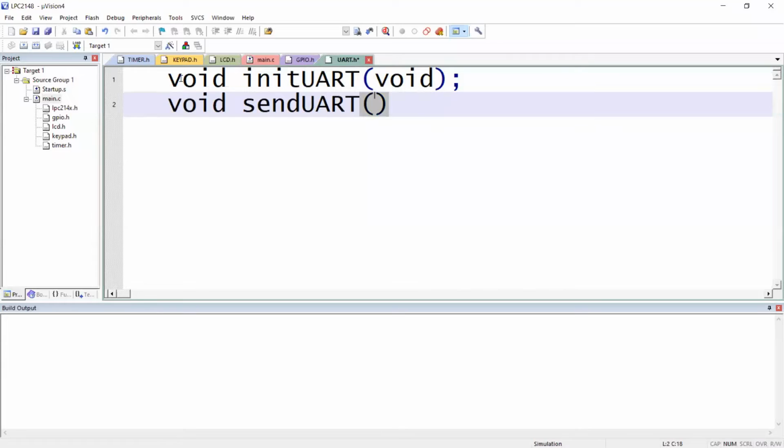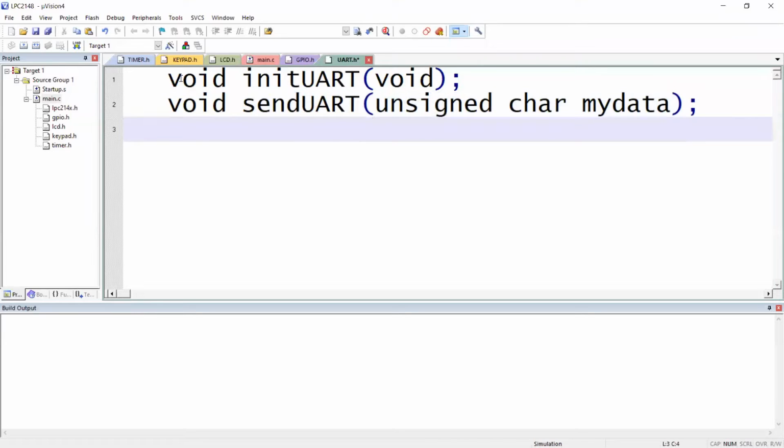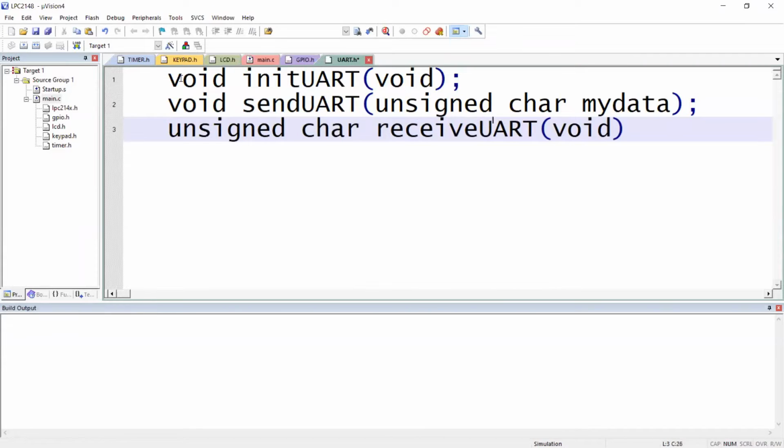It takes a parameter, unsigned char my data. Whatever data you want to send, you send it here. The third function is receive UART. This will receive data from UART. It doesn't take any parameter, but it will return a value to the calling function, an unsigned char. So that is the format.